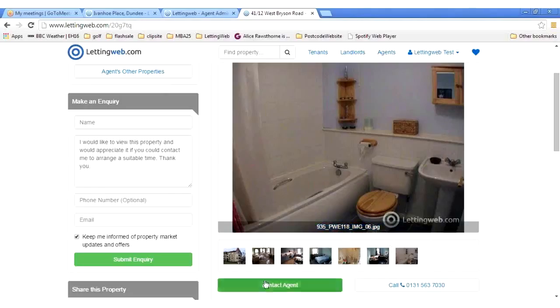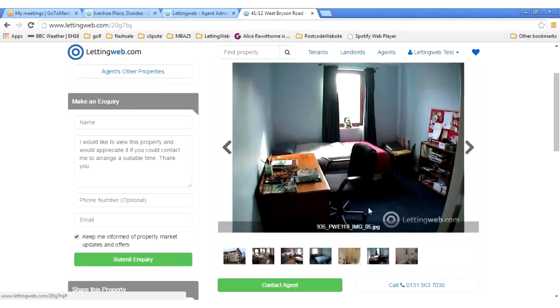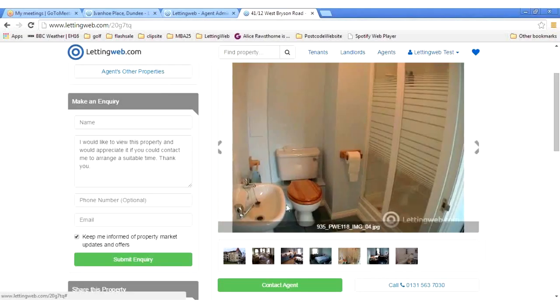This has now been done, so when you are uploading images, if you put in an image description, then the image description will appear at the bottom of the images, and that was one of the requests that one of our members made a few months ago, and we've implemented that. So you might want to put in here, study, and here ensuite or whatever,